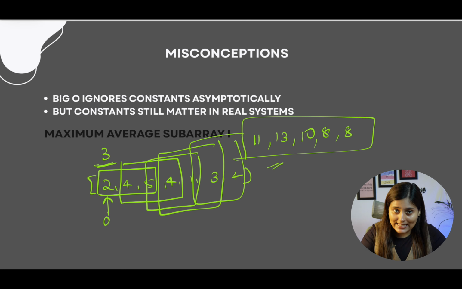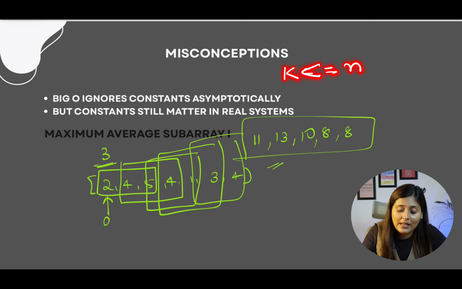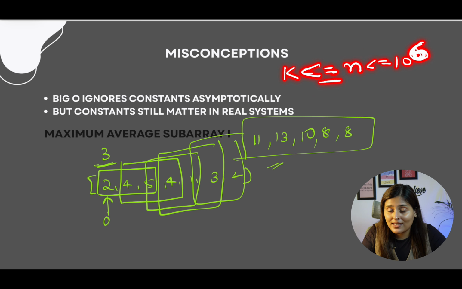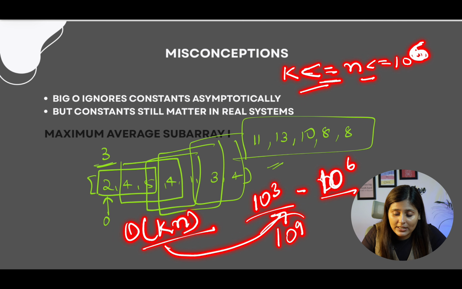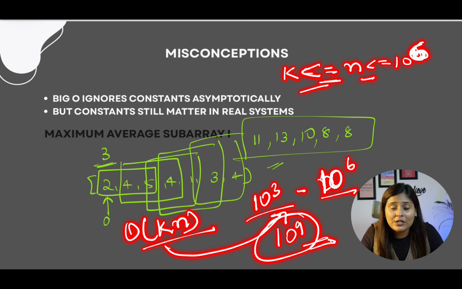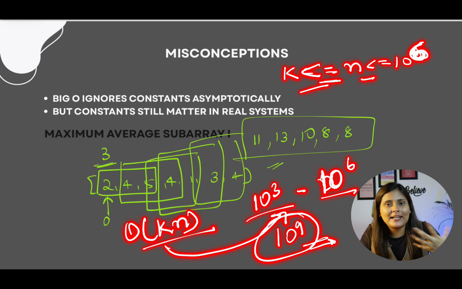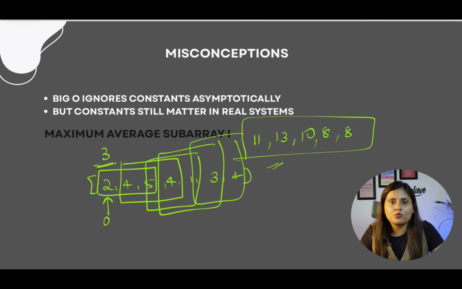But what if the constraint says k can also be less than or equal to n, and it can be less than or equal to 10 power 6? Means in that case both can be equal. Or else, suppose k is equal to 10 power 3 and n is equal to 10 power 6. So the time complexity for this approach is O of k into n. So definitely k into n will become like 10 power 9, and this can give us TLE. So hence, even if n has been multiplied with a constant, it does not mean it is safe. Means constraint matters a lot to help you decide what approach to apply. So in this case, what will you do?